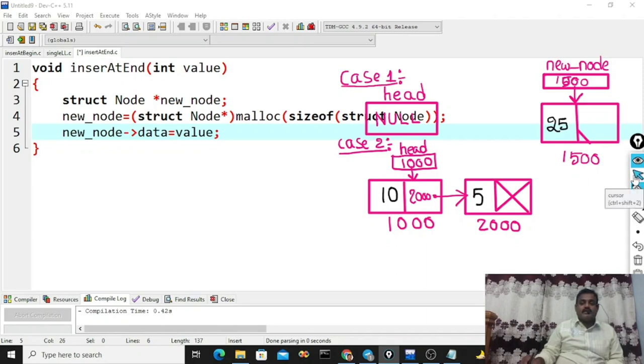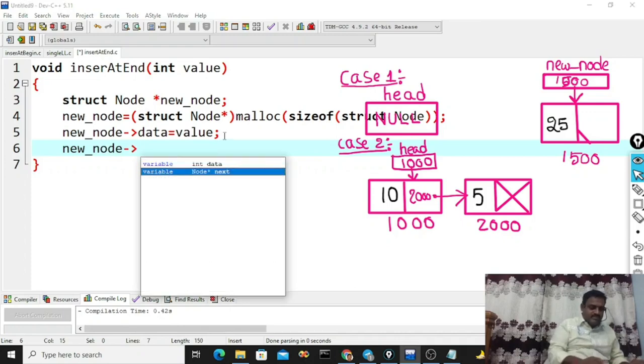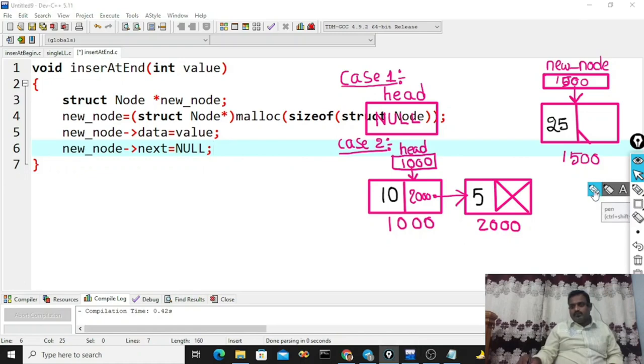Now what about the new_node arrow next field? That should be null. So new_node arrow next is equal to null. That means this one will be made a null.